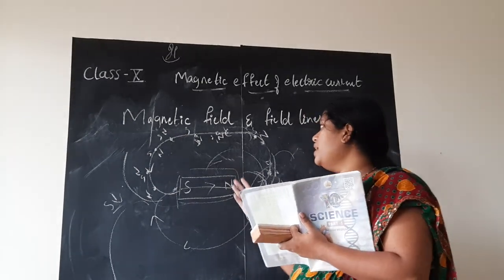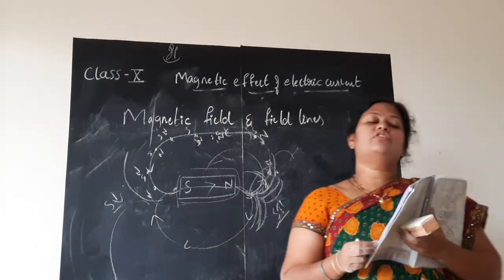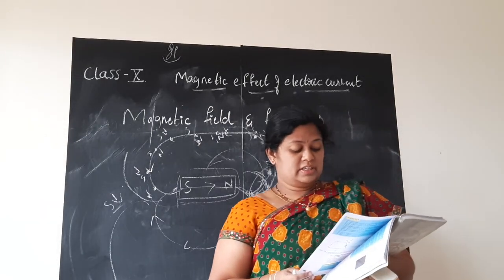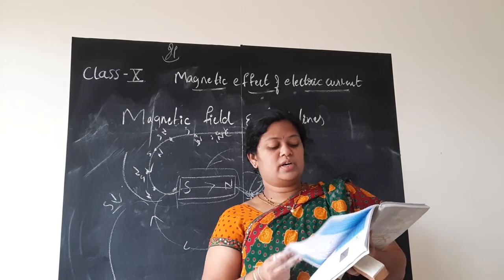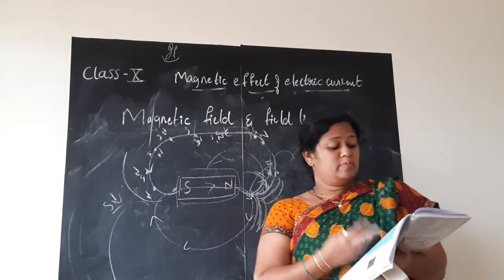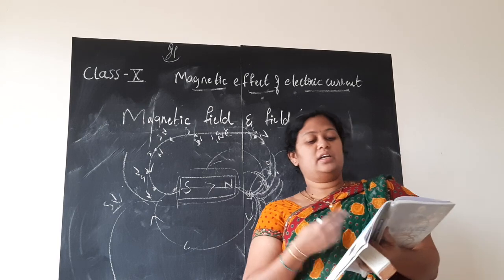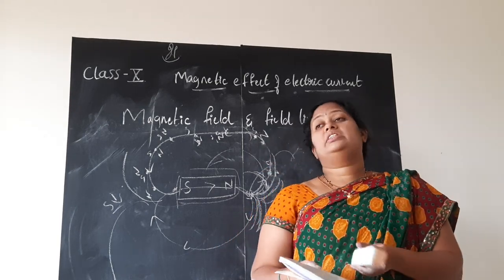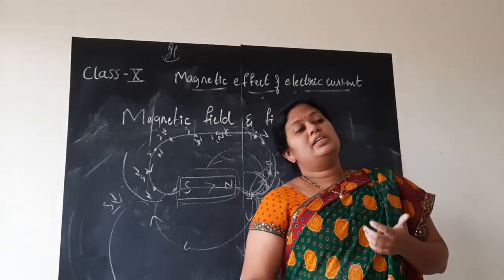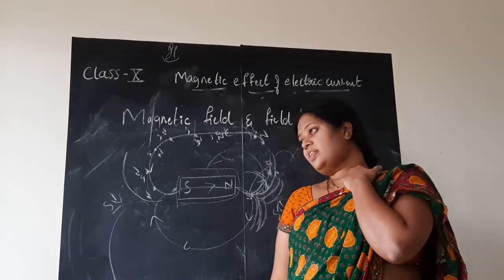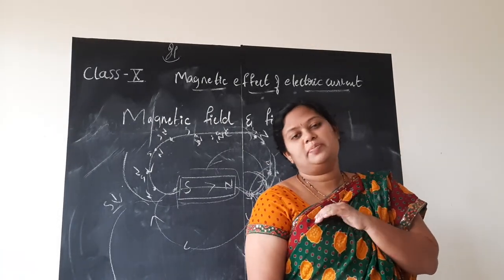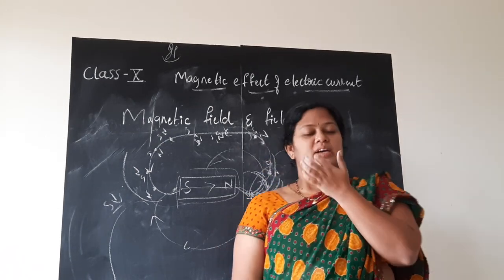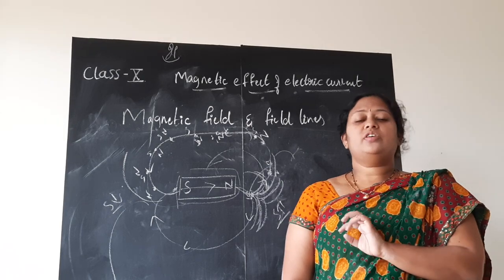So this is about the magnetic field and the properties of magnetic field lines, children. In the next session, we will be studying about the magnetic field due to a current carrying conductor. One more activity is there. Activities 13.4 and 13.5 are suggested for home activity, but still I need to explain them to you, because without explaining the activity, the concept cannot be explained. So we shall discuss that in the next session. Please read the textbook. Thank you, children.